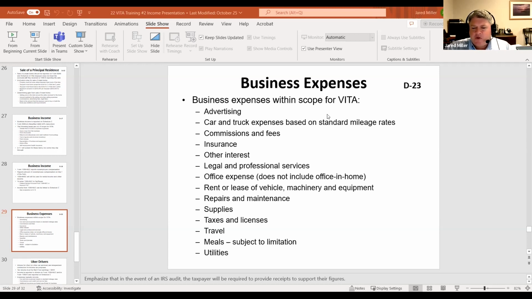We may see some travel and some meals and utilities. Just a caution with the utilities. The IRS does not like taking a home phone line, because they feel that the first line of a home is always for personal use. Again, people may be looking and saying, what is a home phone? I've not seen one. We all have cell phones.